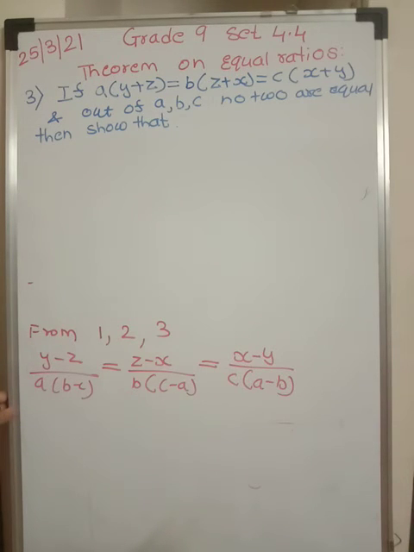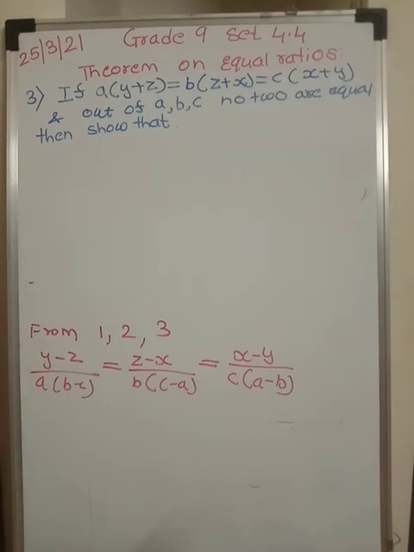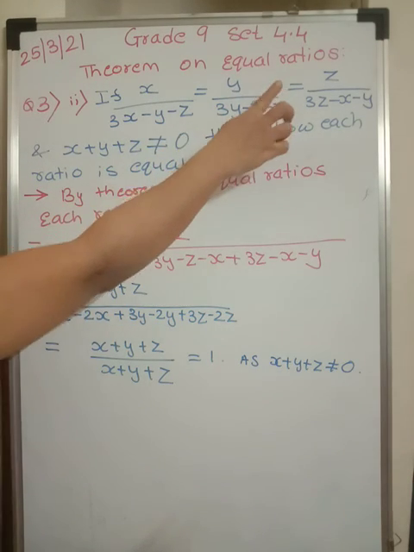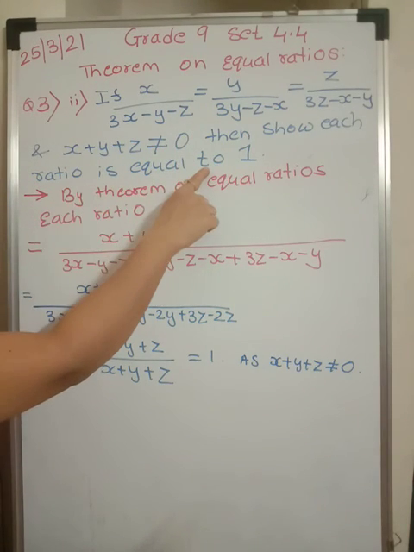Okay, got it everyone? So it is nothing but first divide with ABC and then after cancelling you just see which ratios should be subtracted so as to get it. Okay, this is very easy problem. These ratios are given and we have to show that each ratio is equal to 1.